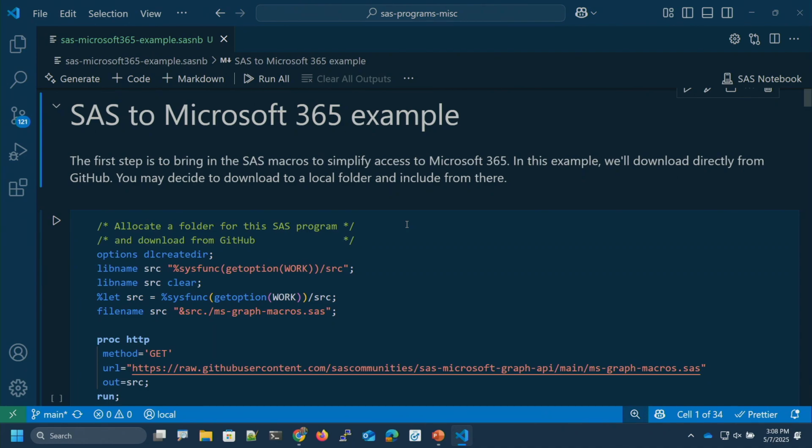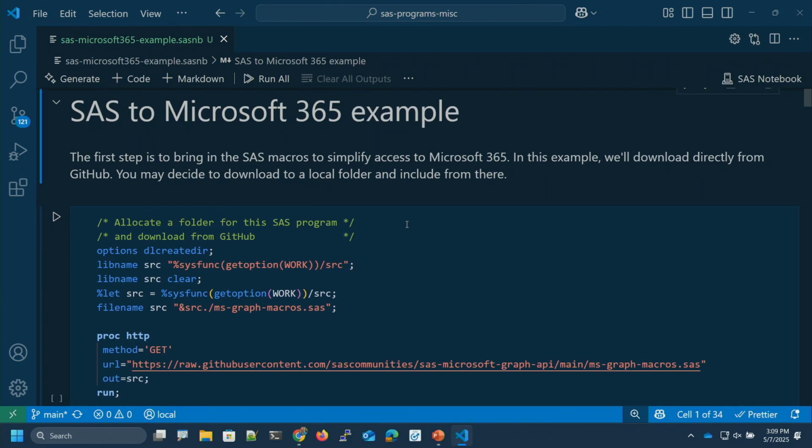So important, you can use any modern version of SAS: SAS 9.4, SAS Viya Workbench. You could be using SAS on your desktop. It's fine. This code will work in any of those environments. There are no additional product requirements needed in order to make this work. It's all just using base SAS. I'm using the SAS notebook in VS Code because I like the tutorial format that it lets me do.